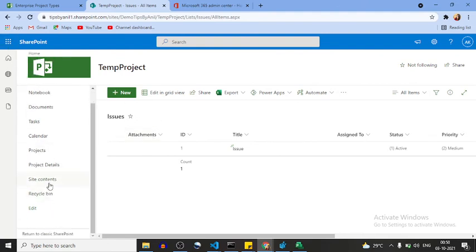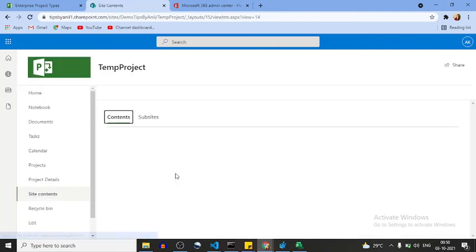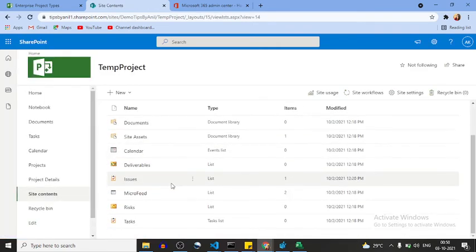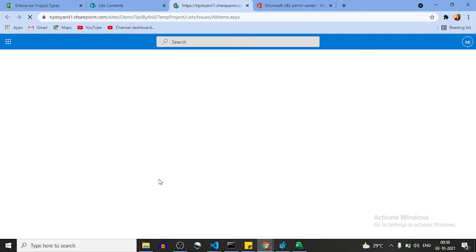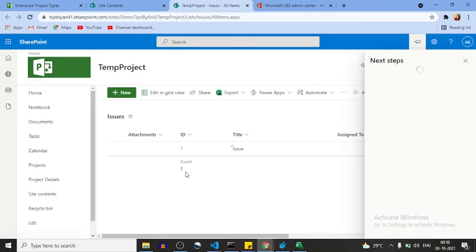Now if I go into site content, I can see the deliverables also. The user can create project deliverables, project issues, project risks, and tasks also. Okay, now if I go on issues, oh, it's taking some time.